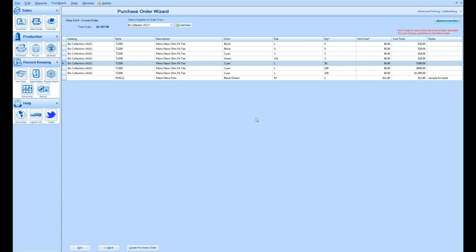It's still in the purchase order wizard at this stage, but it's not going to be put through on this order. Now once we've selected our supplier and removed any items that we don't need,